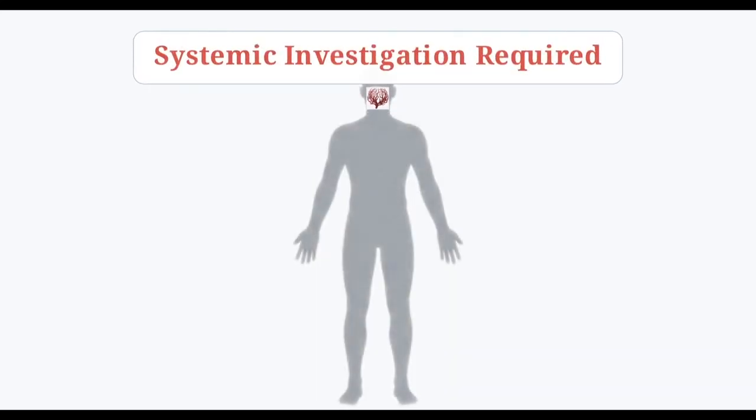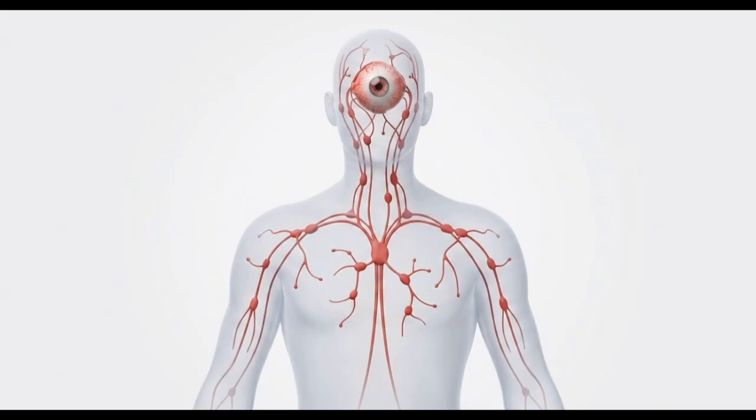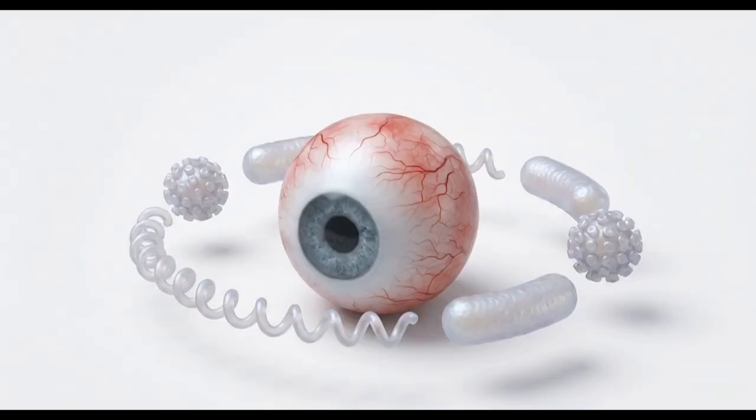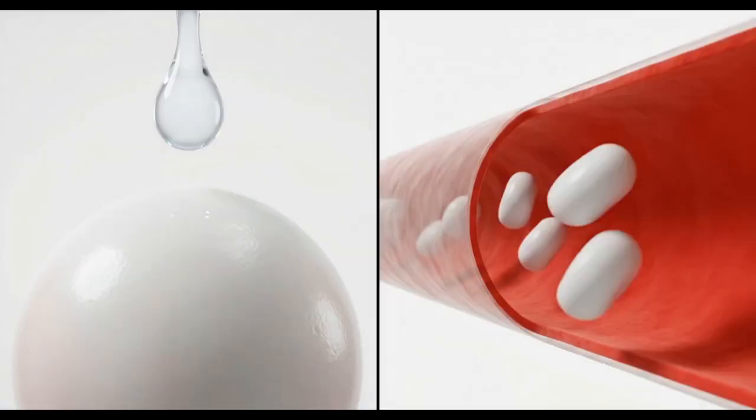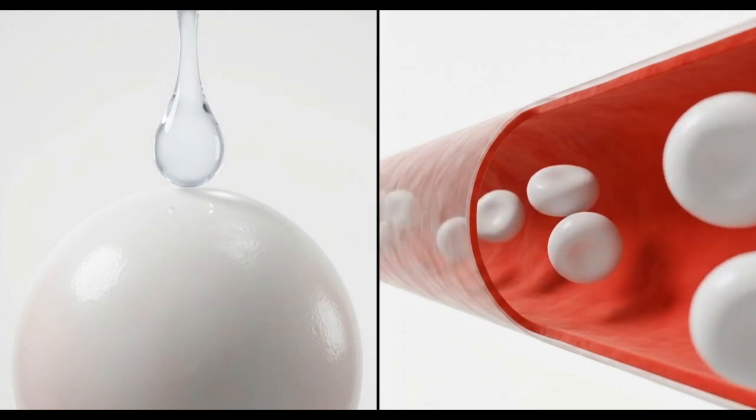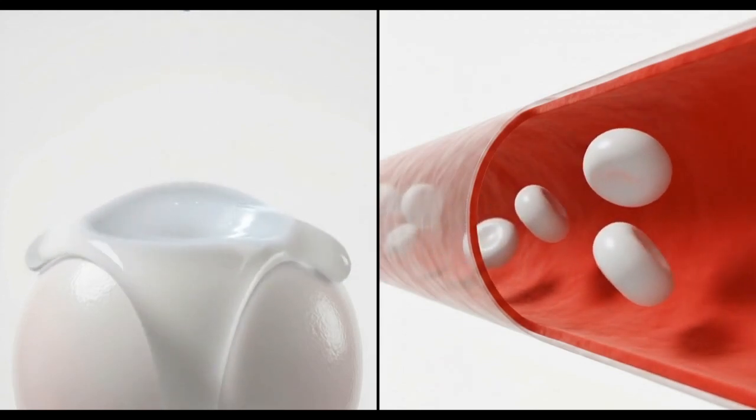This requires a comprehensive investigation into the patient's systemic medical history. Scleritis is highly correlated with systemic autoimmune conditions like rheumatoid arthritis, lupus, and sarcoidosis, as well as infectious diseases like tuberculosis, syphilis, herpes zoster, and herpes simplex. It can also be drug-induced by medications like bisphosphonates or mitomycin, or emerge as a structural complication following trabeculectomy, cataract, or pterygium surgeries. Clinicians use the phenylephrine test to determine if a patient requires simple topical lubricants or immediate referral